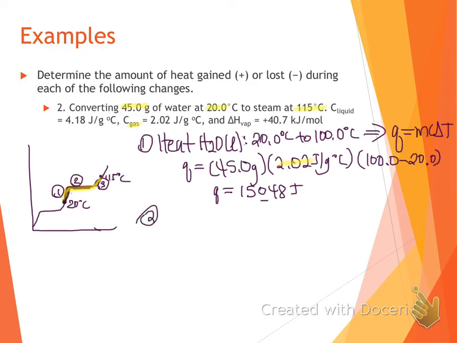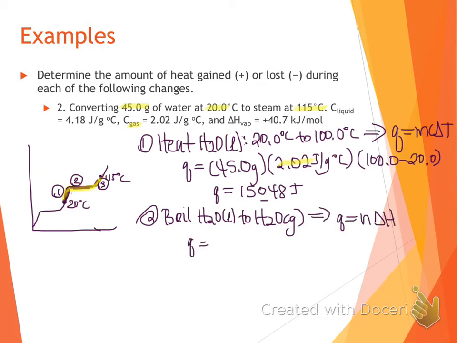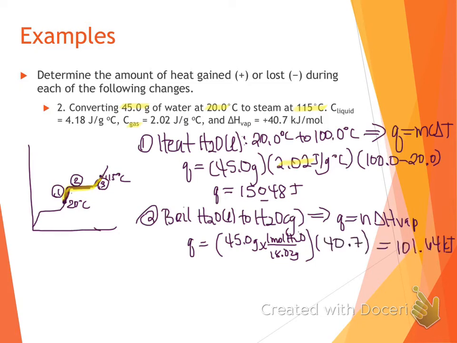That brings us to part 2, where we are boiling or vaporizing our water. Does temperature change during a phase change? Nah, so we're using Q equals n delta H here. For n, we'll need to solve for our moles of water. The delta H, we're boiling, so that's the delta H of vaporization. Boiling is endothermic, so we'll keep it positive. Using Q equals n delta H is going to give us our units in kilojoules due to our heat of vaporization being in kilojoules, while Q equals mcΔT gave us joules due to that specific heat capacity. Still paying attention to sig figs, I'm going to need to underline the third sig fig,